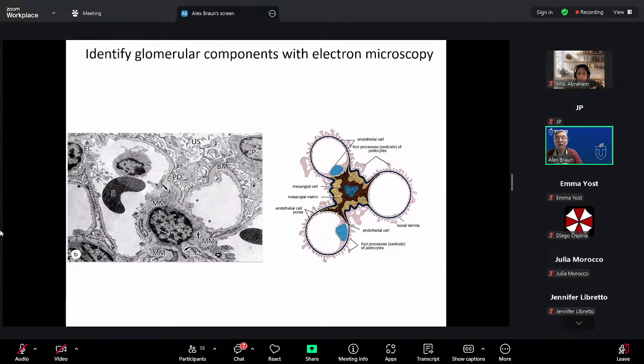That capillary wall in the glomerulus is the glomerular filtration barrier, consisting of the three elements I just told you about. If you look at the electron micrograph, I see something very similar. I see several capillary loops. Here's a capillary loop here. Here's a capillary loop here. Supporting them is mesangium with a mesangial cell,